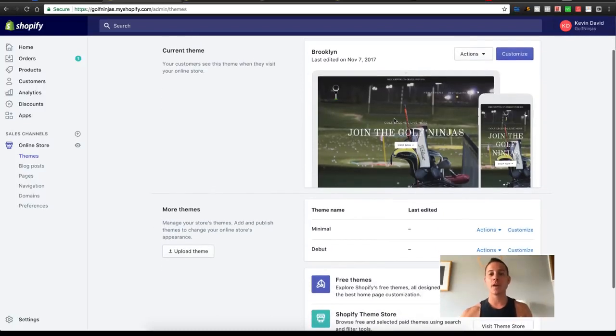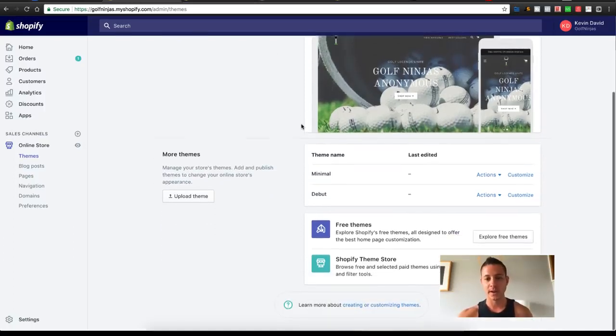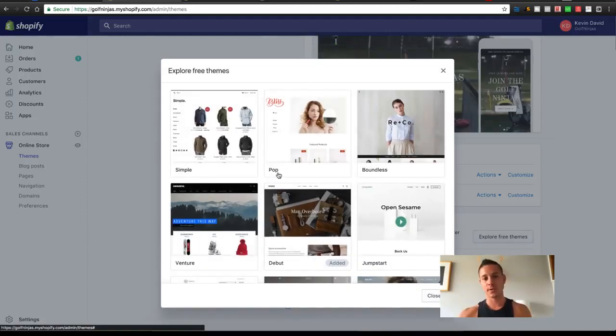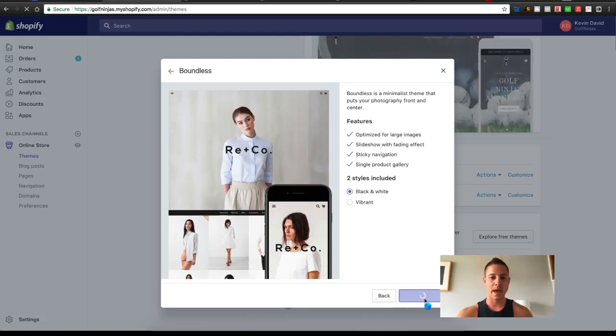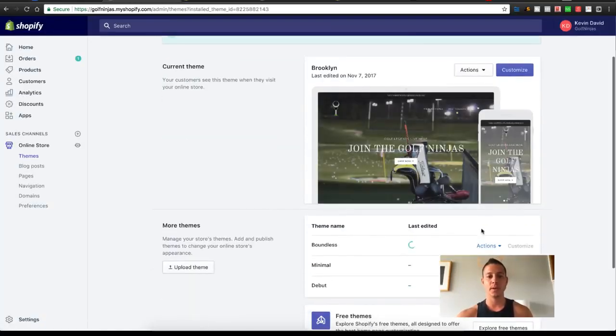So what we're looking at, and what we've done in one of my test accounts, when we were doing a past tutorial, we created a really quick live store, literally in under an hour, which we see right here. So if we want to add a theme, all we have to do is go to explore free themes. And let's say that we wanted to add Boundless, for example. We'd go add Boundless. It would queue up and then it would come here and it would appear into our